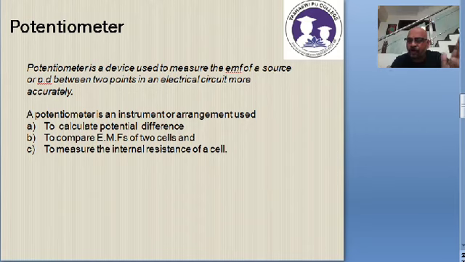It is an ideal voltmeter. Why is it an ideal voltmeter? Because it will not draw current from the source. It has its own arrangement, whereas any other voltmeter, if you connect it, has to get the current from the source only. It has no other alternate arrangement. Anyhow, that is the potentiometer. We'll move further.